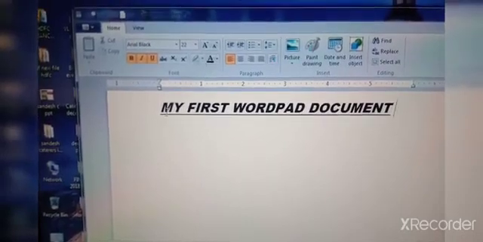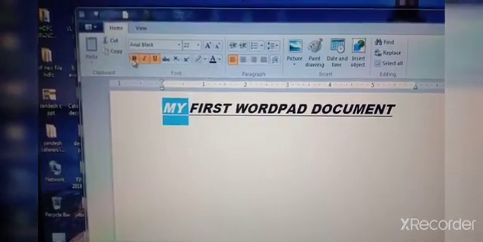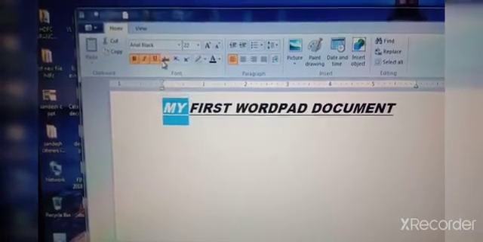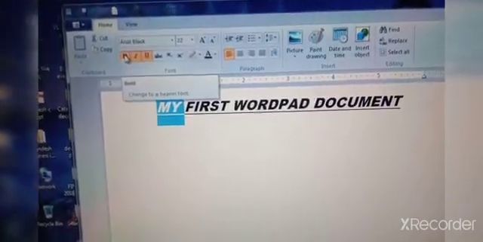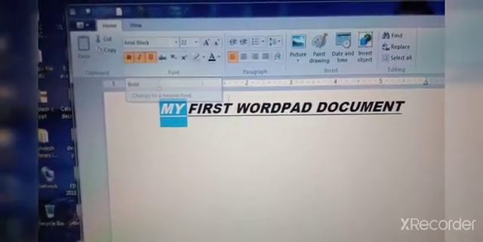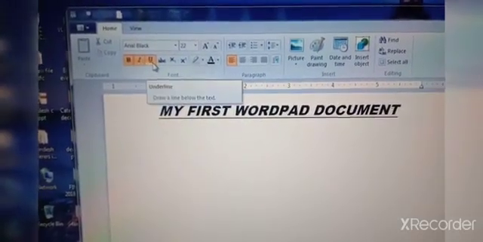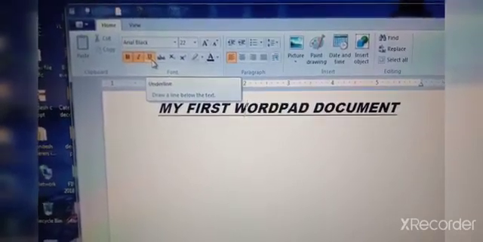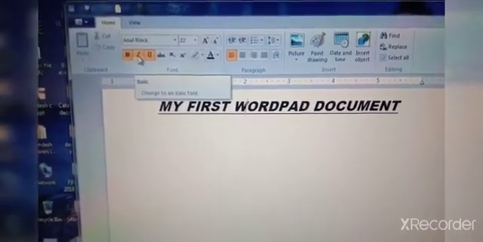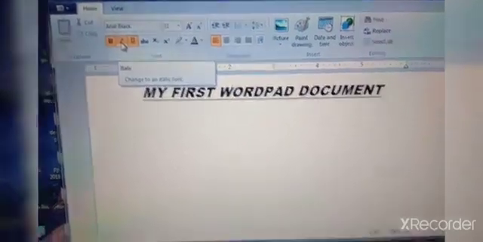And what are the shortcut keys for bold, italic and underline? You can see here. To make it bold, Control plus B. To underline the text, Control plus U: Control key and U button from the keyboard. And to make it italic, Control plus I. See, this is the Control key.